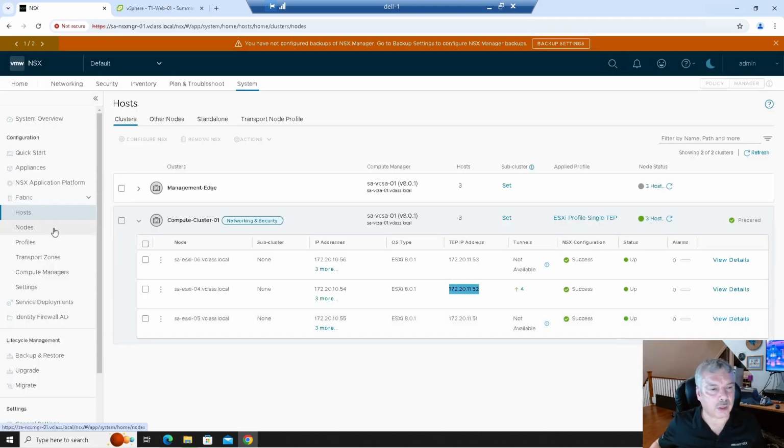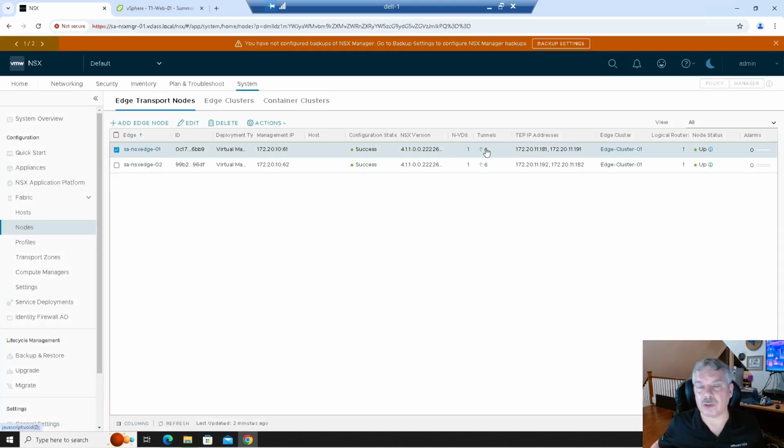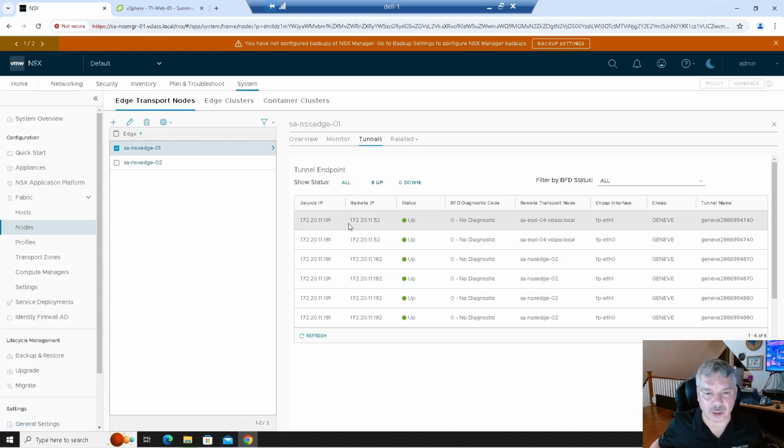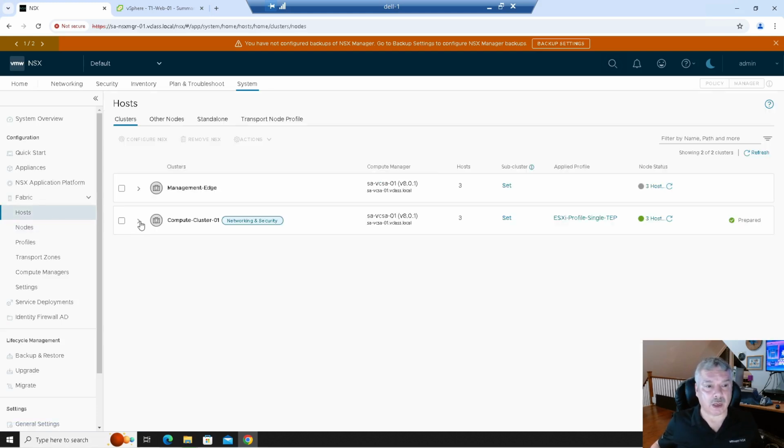Let's go to our edge nodes now. There should be 6. There we go. We got the 6 tunnels. And again, you can see there we got the 2 extra ones for that host 1 over there. Pretty simple, right? Nothing too crazy. Let's power on another one. Let's actually go back to